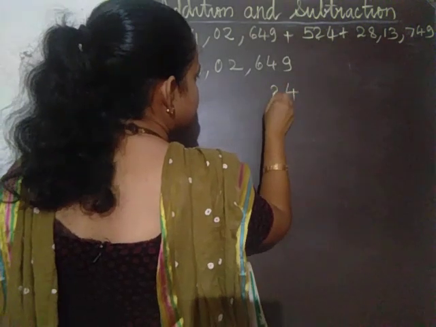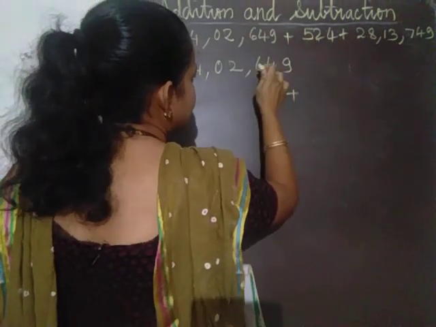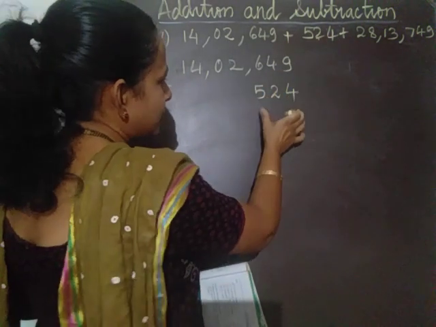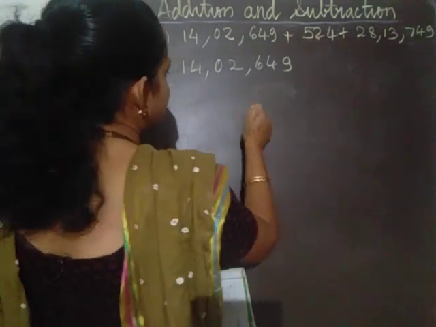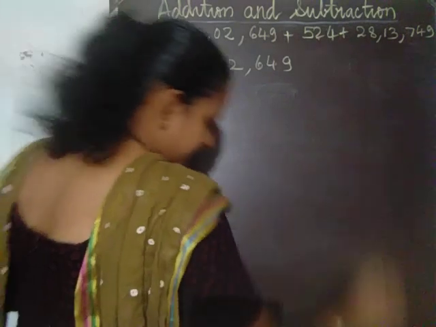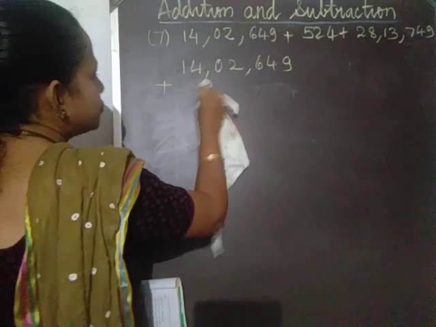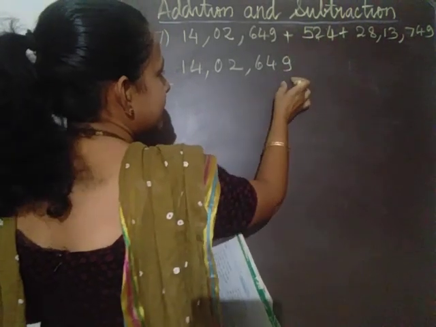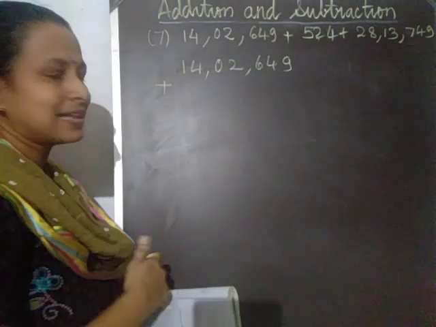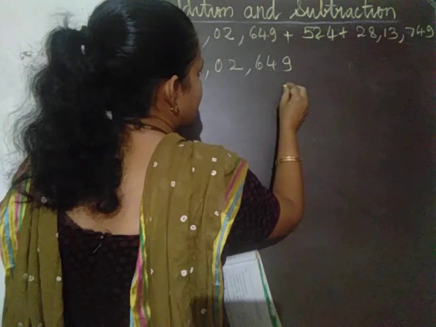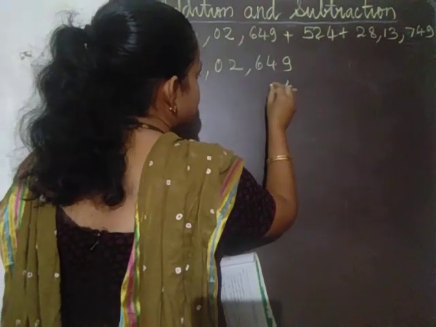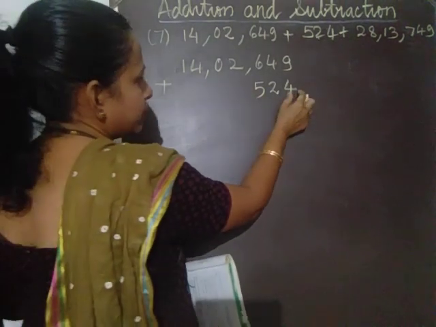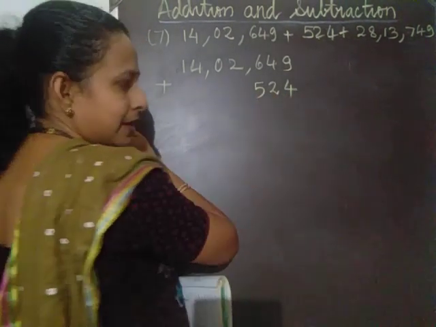Then 2 comes below 4, and 5 comes below 6. So this is the way you are supposed to write the digits one below the other, and not like some of them write like this 524. Anyway, this is wrong. Okay, so you have to see where exactly you have to place these digits according to their place name and their place value. So the place value of 4 is 4, 2 is 20, and 5 is 500, whereas the place name is units, tens, and hundreds.